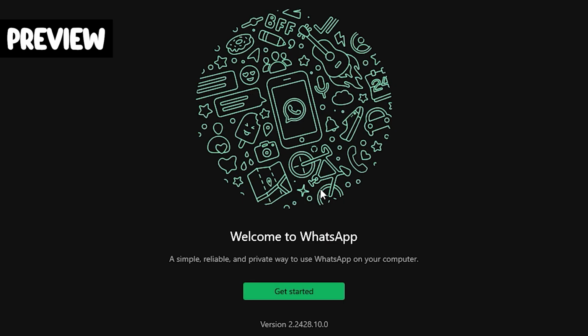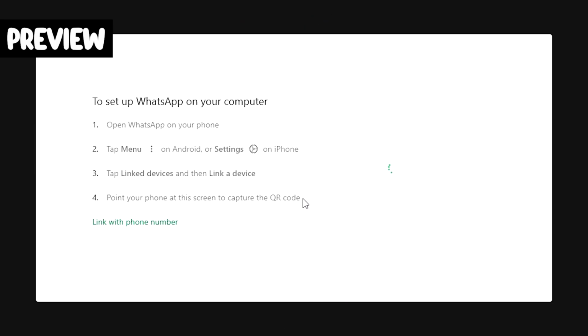What it should show us here when it's done loading is welcome to WhatsApp. Let's get started. And now,